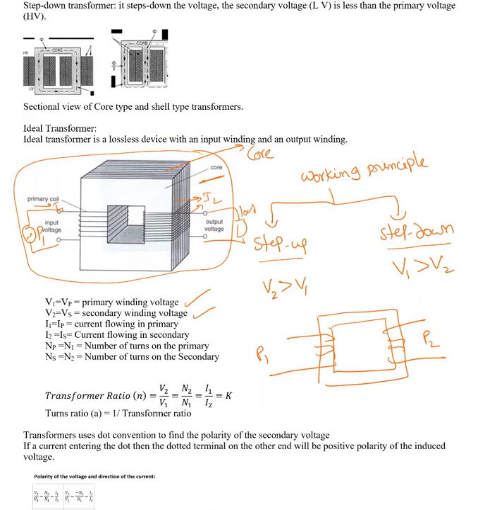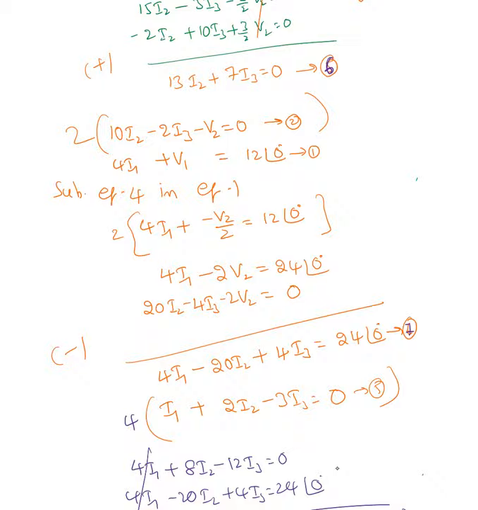For the ideal case, I'm going to take P1 equal to P2. That indicates that V1 I1 cos theta 1 equals V2 I2 cos theta 2. Cos theta 1 and cos theta 2 are approximately the same in the ideal case. So V1 I1 equals V2 I2. So whenever I'm stepping up the voltage, it automatically